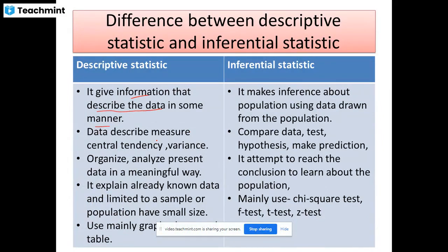It describes central tendency and variance. Central tendency includes mean, median, and mode. Then we analyze and organize data in a meaningful way, and we represent data mainly graphically, in graphs, charts, or